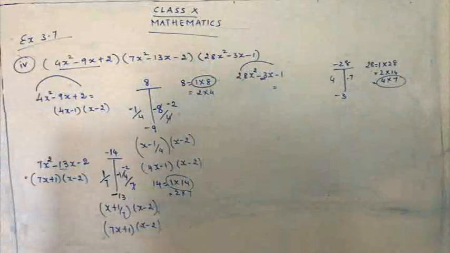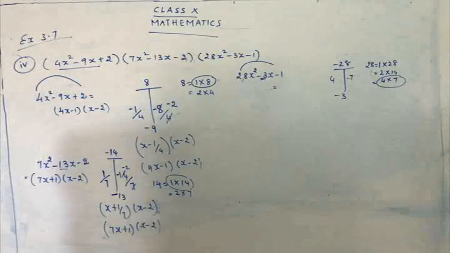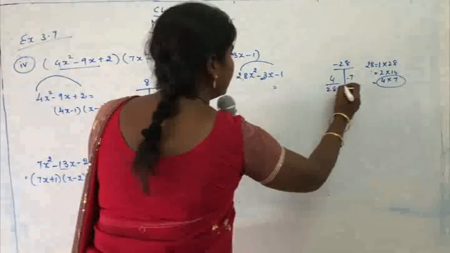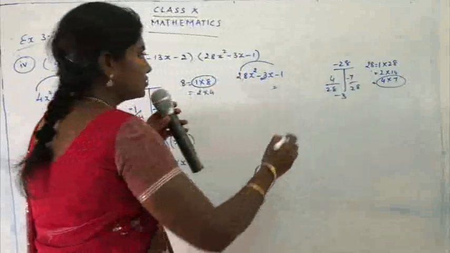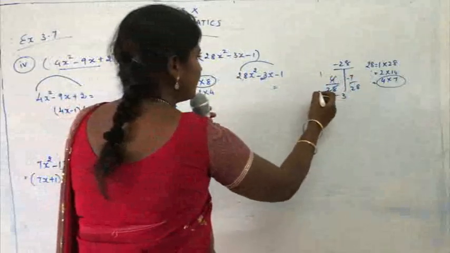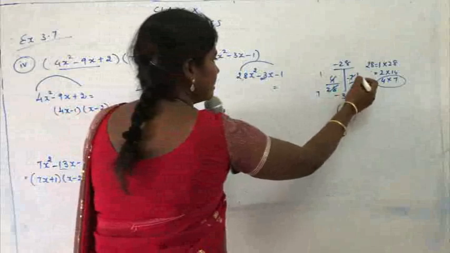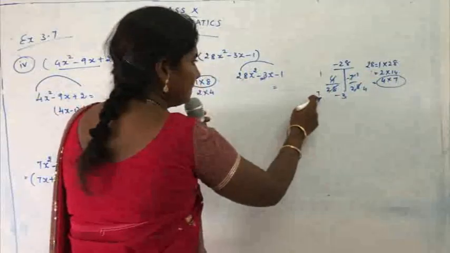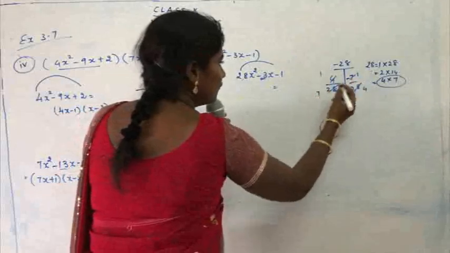The next thing is we have to divide the numbers by the coefficient of x square. What's the coefficient of x square? 28. So divide by 28. Here also I divided. So 4 ones are 4, 7 fours are 28, 7 ones are 7, 4 sevens are 28. So what is left here? 1 upon 7. Here minus 1 upon 4.